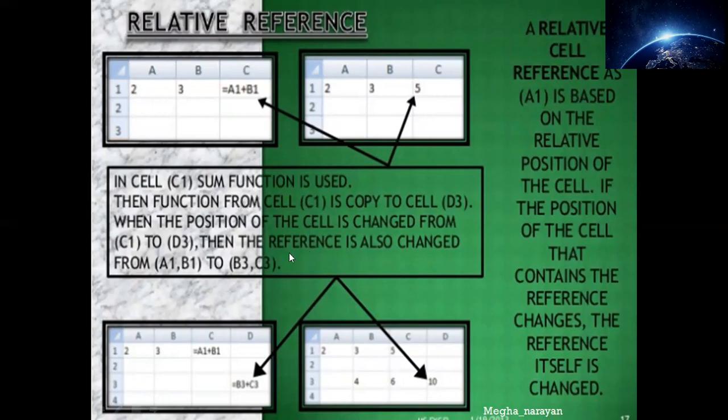Okay, this box one is written now, so let's start reading it. In cell C1, some function is used. We will get back to functions soon, but don't worry, right now just look at the change: the reference changes when you change the cell address, A1, B1, B3, C3. The formula is the same, we are adding in both of them, but there lies a change in the address. This simple type of referencing is called relative referencing.